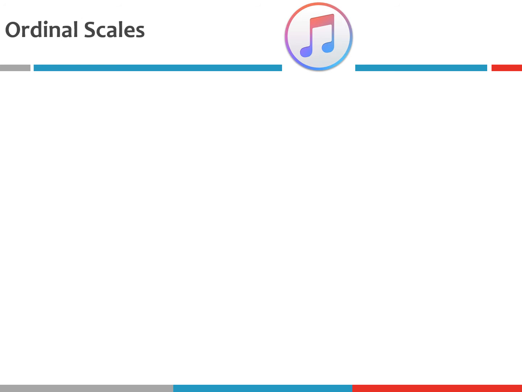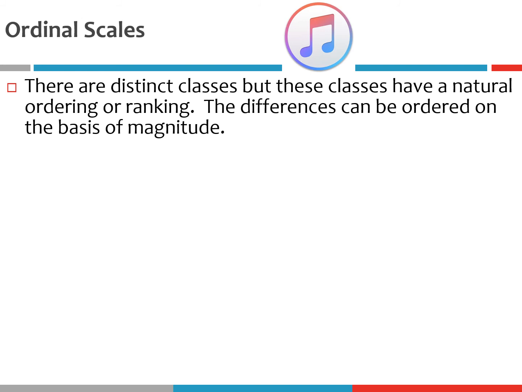In contrast, we have certain variables that fall onto ordinal scales. So with ordinal scales, there are distinct classes, right? But these classes have a natural ordering or ranking, right? The differences can be organized on the basis of magnitude, right? So a great example of an ordinal variable is